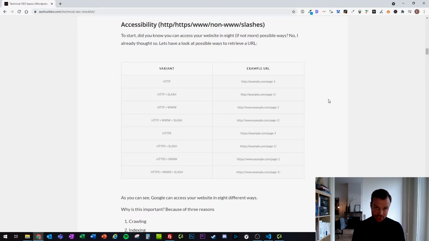Now, with those two concepts in mind, let's look at the most common technical issues and technical SEO basics. So starting with accessibility, did you know that Google could access your website in 8 or even more different ways? So what I mean by that is, let's look at this table. Your website could be solely accessed by using HTTP or via HTTPS and a trailing slash, which is the slash at the end of the URL, or with www, or with HTTP, www, and the slash, and so on for